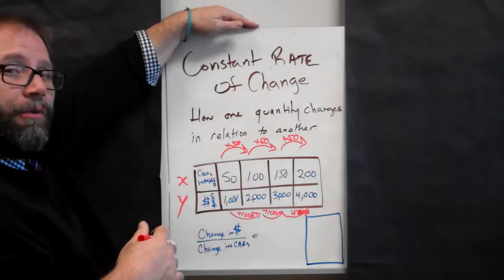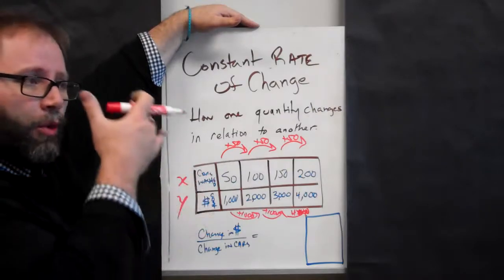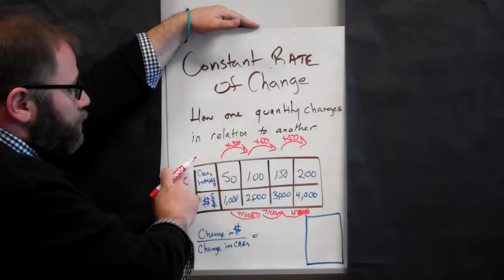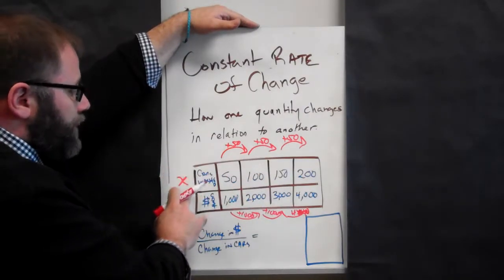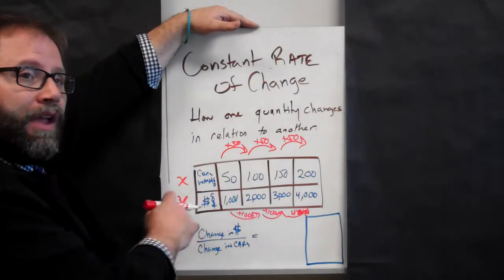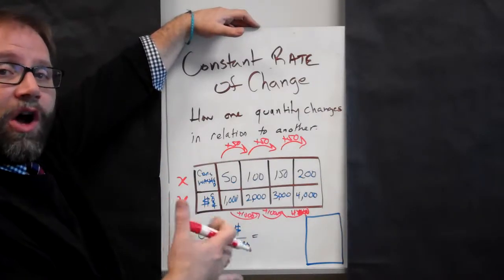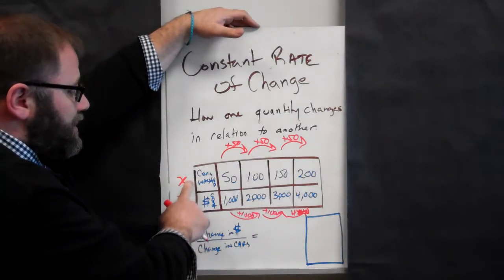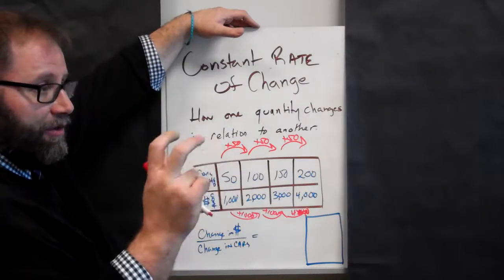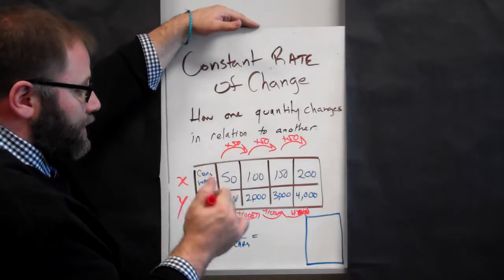So this is all data that we're going to be describing also as, just keep this in the back of your mind at this point. This is something that will come up in the next couple lessons. But what we're seeing in tables is whatever is listed first is our x, and whatever is listed second is our y. And I always think of this in terms of how the alphabet works. X always comes before y. So as you see this listed here, it is always x and then y in everything, in tables and in graphs. So for this, what we always want to find though when we're looking for constant rate of change is